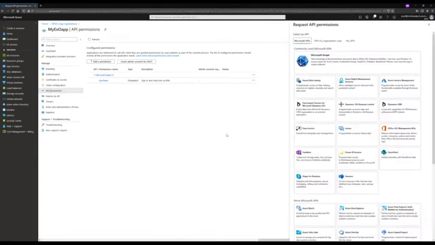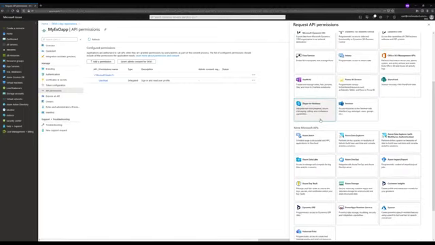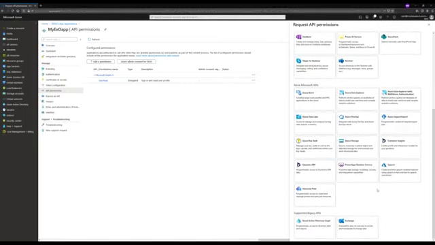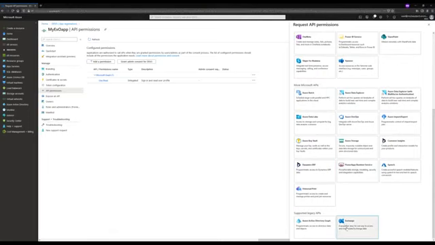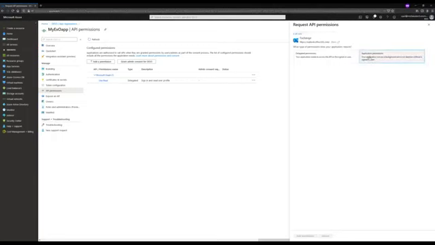Okay, I went too far ahead. So we need to add permissions for Exchange. In order to do this, we need to select Exchange from this list of currently supported APIs. It's listed down at the bottom under legacy supported APIs. So you click Exchange here, and you need to select application permissions on this screen,